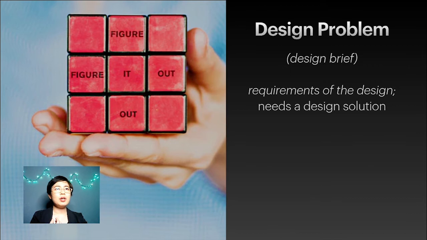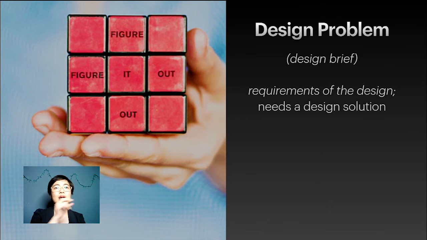So, dyan, habang nag-aaral kayo, yan yung binibigay ng mga prof sa inyo na gagawin ninyo, may set of instructions, ano yung requirement ng design, ano yung requirement ng drawing, ano din dapat na makita, ano yung sitwasyon. So, doon nakalagay yan sa design brief or most commonly sa atin, design problem.